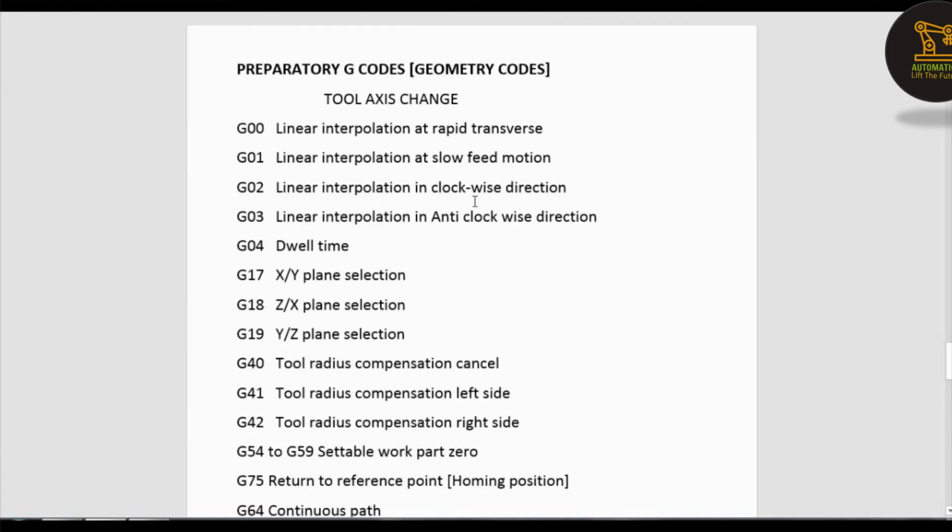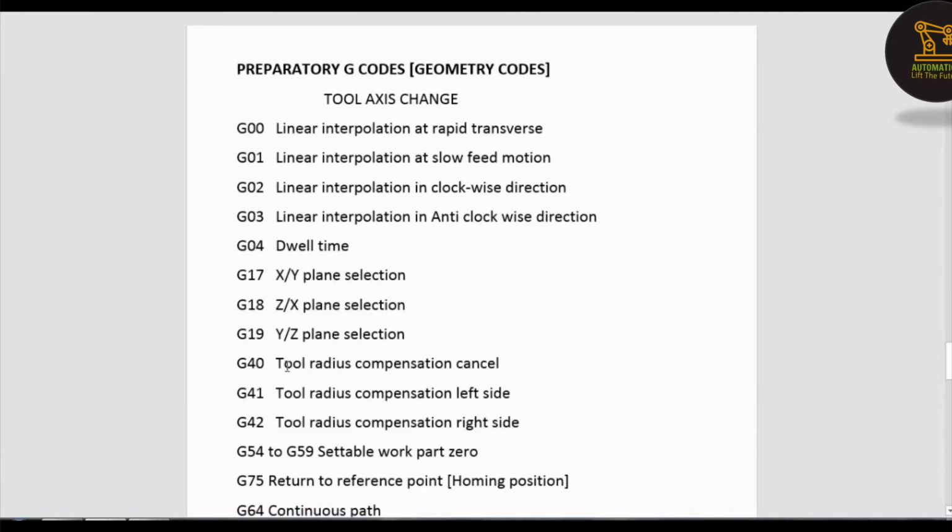G03, circular interpolation in anti-clockwise direction. G04, dwell time. This is given in between cycle to cycle. G17 is used to select the XY plane. G18 is used for ZX plane selection. And G19, YZ plane selection.